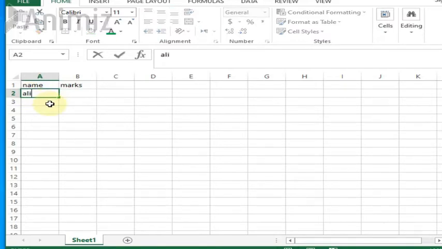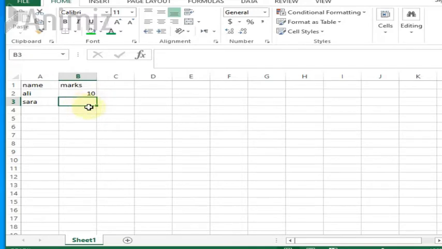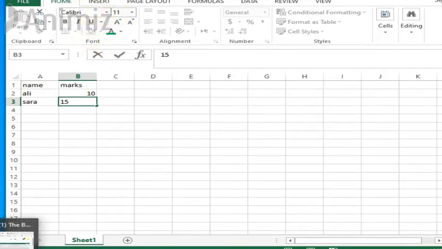Name is Ali, marks 10. Then Sarah, marks 15. This is the data that I have put into the spreadsheet. If I want to format this data, let's see what these buttons do.